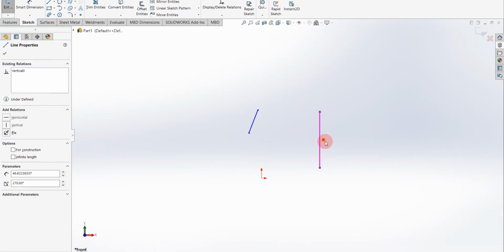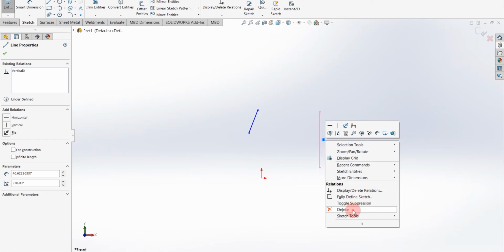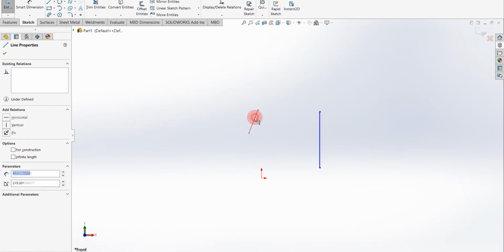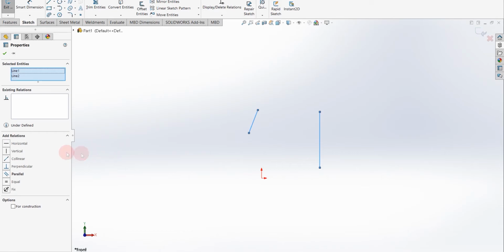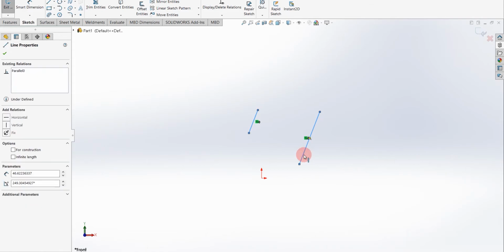If I'm going to select two lines, so I'm selecting both of these lines. If I select parallel, you can see these both lines are now parallel to each other. If I select only one line from these two and try to drag it, you can see they can move anywhere, but they are always parallel to each other.